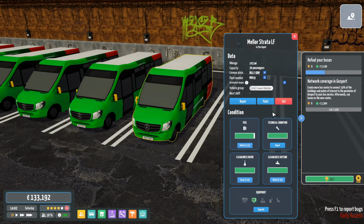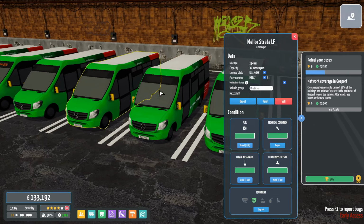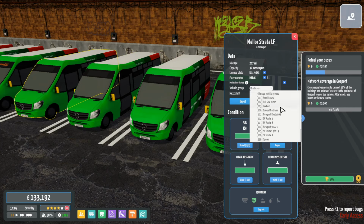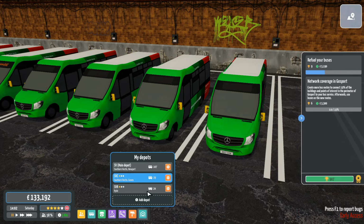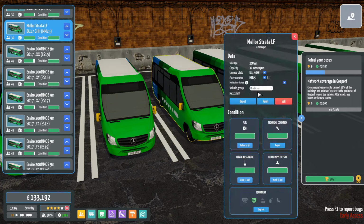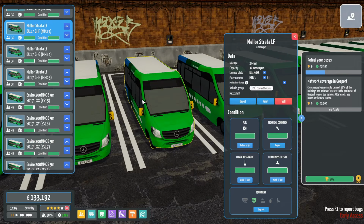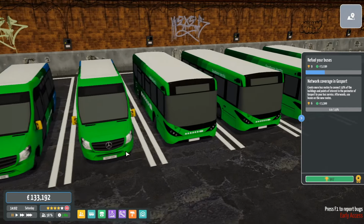So these are going to be all part of the Group 100 cows MiniLinks. I forgot to set that. I'll get the destinations and stuff sorted off camera. That's going to take a little bit. Cool. So, all of these